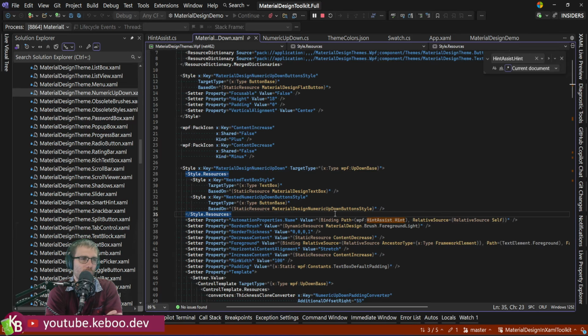This is an awkward one. On one hand, we really want to make the automation stuff work nicely for people who do UI tests. But this is one of those cases where it's really hard to get right. So the reason hint assist